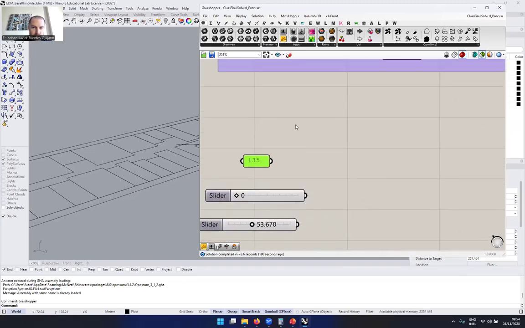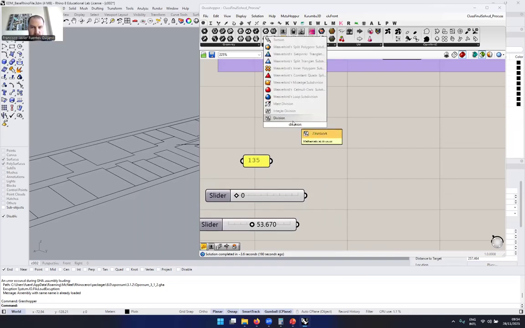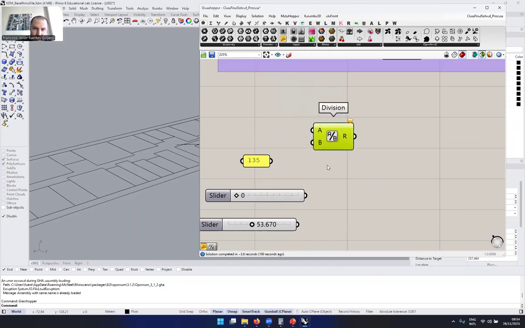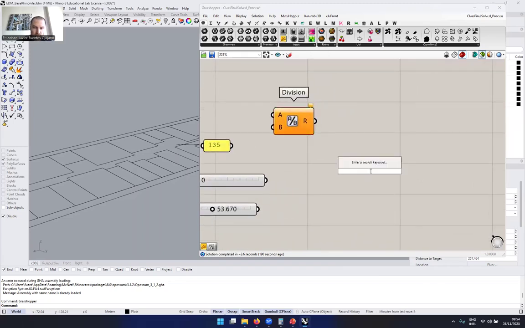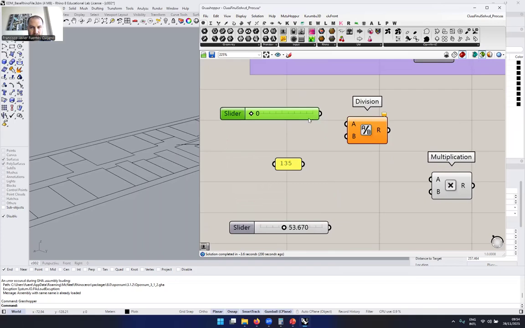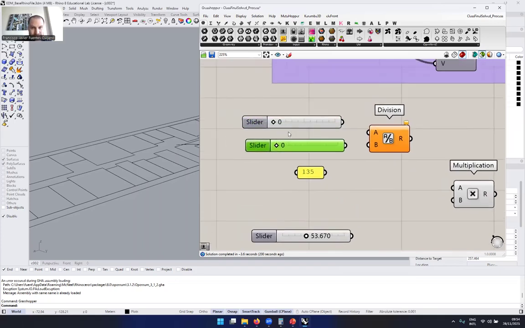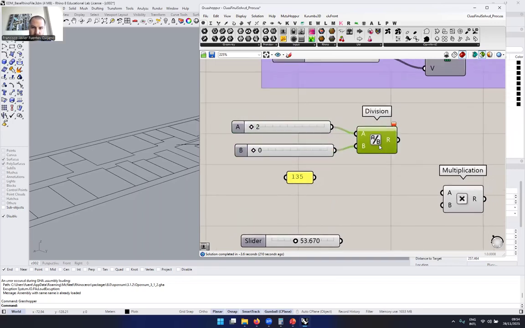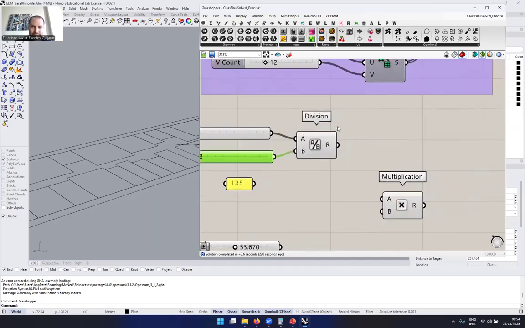Now let's double click and do a division and a multiplication. Let's enter the division with two numbers: 2, enter, 3, enter, and let's connect it here. Oops, 3, enter. You see, if I put 2 divided by 0,